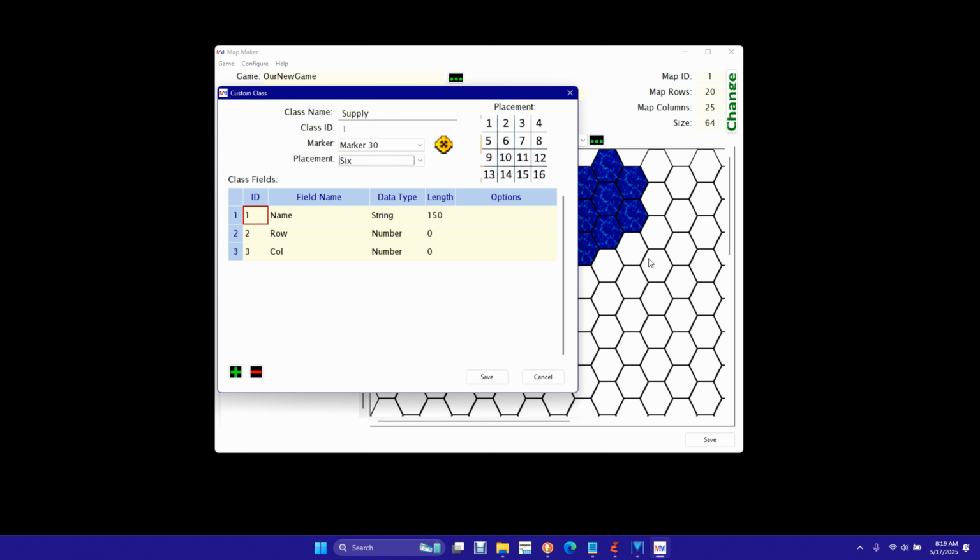And if you have all of your layers visible, you will see all of your classes marked with emblems on your grid itself. Or you can jump over and hide whatever layers you don't want to see. Now, classes themselves begin with 3 rows. You automatically have an ID, you automatically have a name, you have a row, and you have a column. And that is where his location is on the grid. Now, you can add,